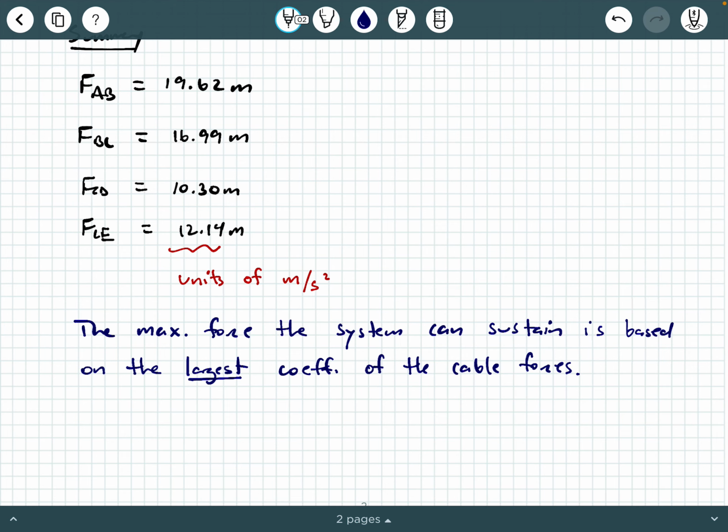So what that means is, of these four cables,